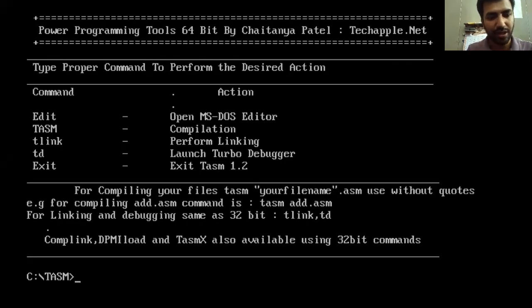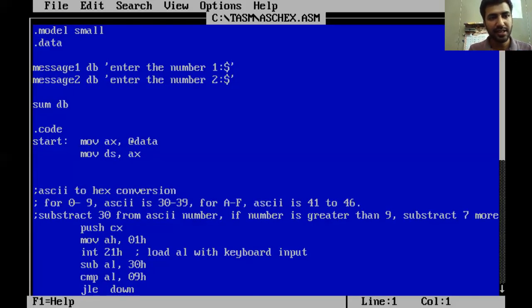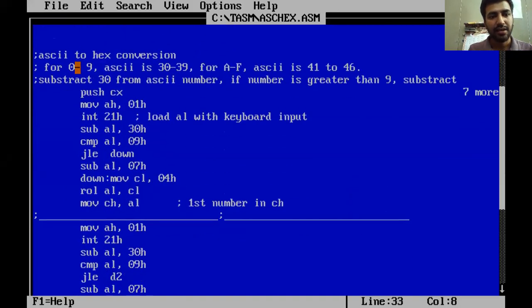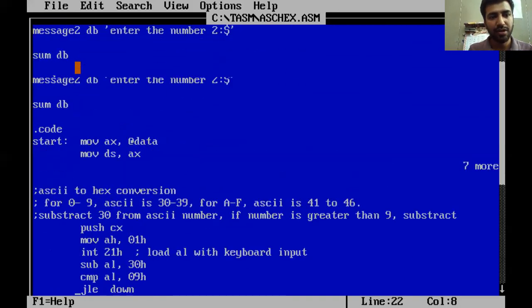For running the code, I will call that file as2hex.asm. So this is my code.